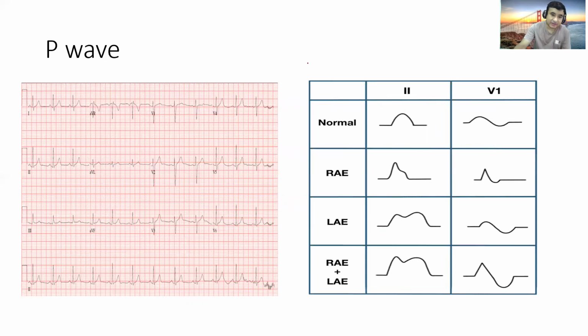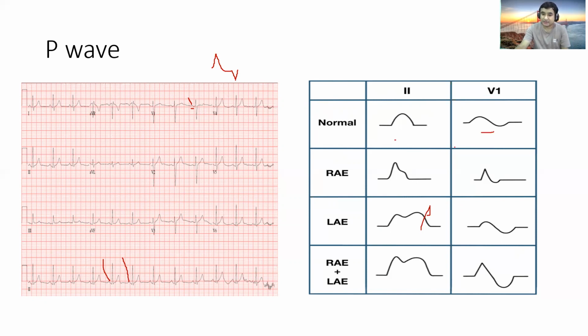So can I identify the P wave here? This is your P wave. This is the P wave over here. So this is the normal P wave. In V1, if you see carefully here, this is a biphasic one. This is small, then it goes downward. So it is usually upright in the limb leads and biphasic in V1, and this is normal.